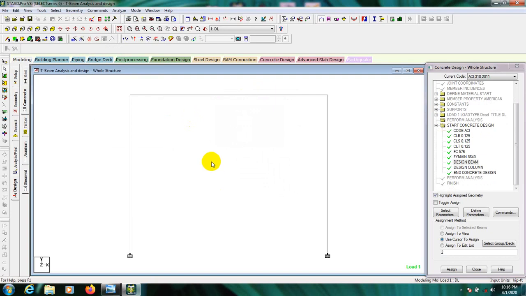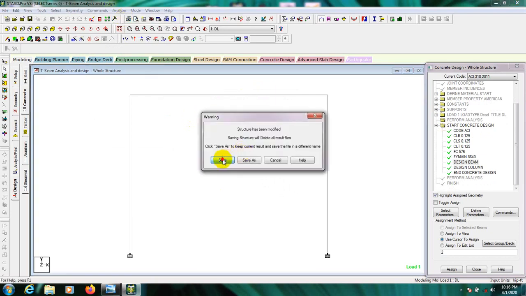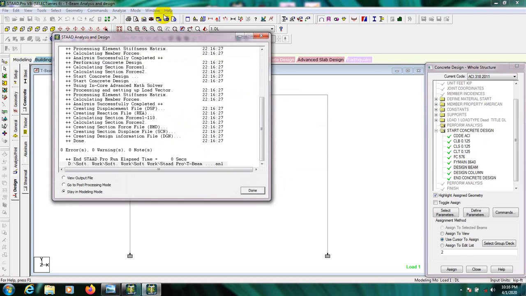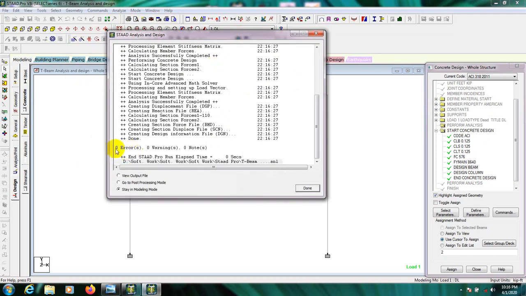So after that we'll go here, analysis, run analysis and save. So here it's done. It's showing error 0, warning 0 and note 0. So as errors are 0, our structure is okay to design. Then click here, view output file. So click here, done,